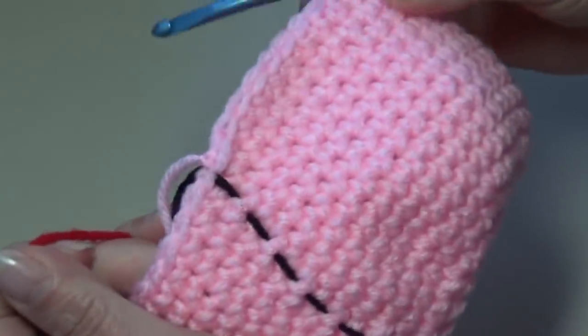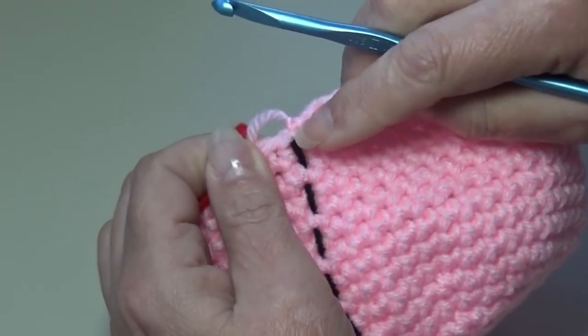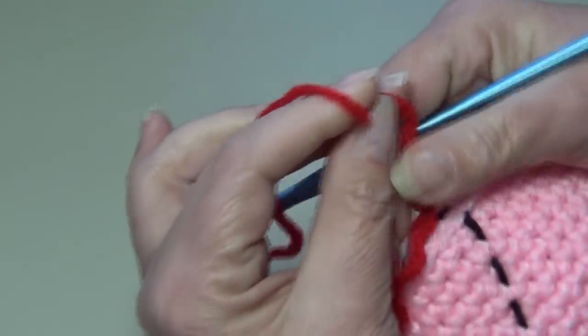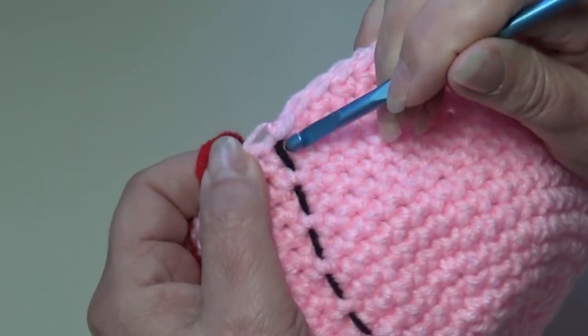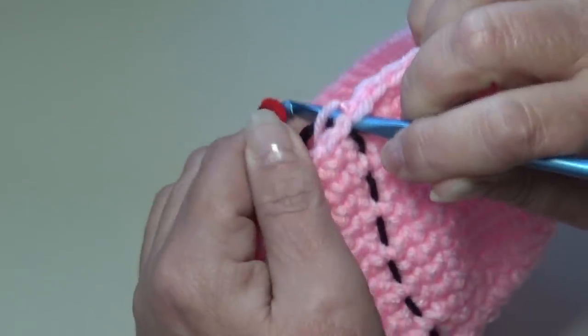We're getting ready to start, and you can see this is where our stitch marker should be in that very first joining stitch. Now I have my red, and I'm going to leave about a 3 or 4 inch length. Insert your hook into that same beginning stitch where your stitch marker is, and you're just going to pull that